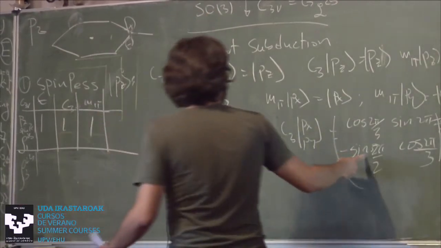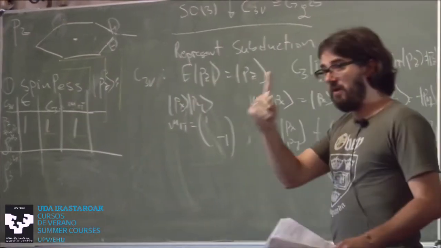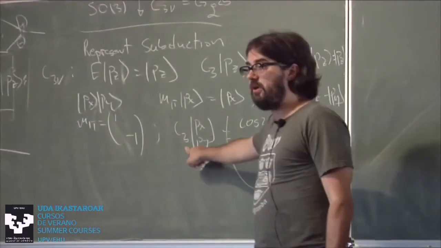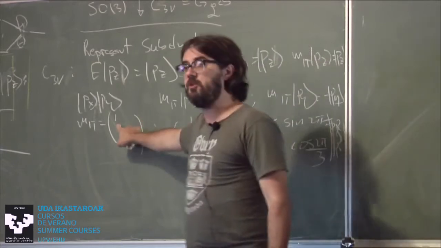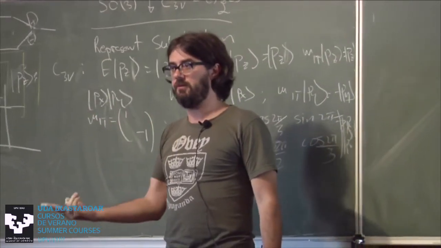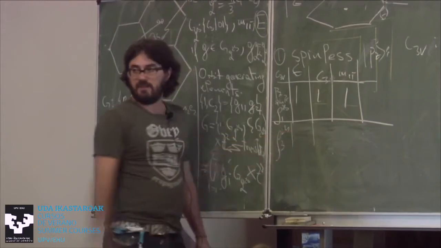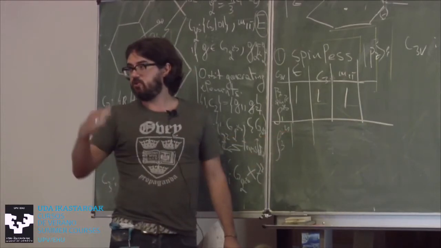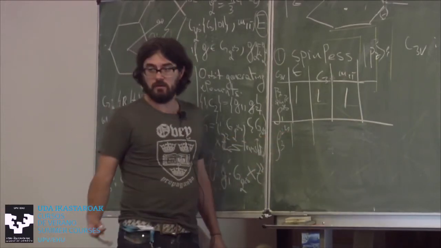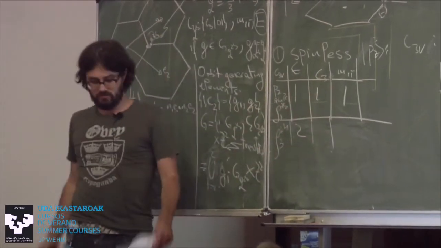Okay. What's the character of this guy? So now fundamental thing number 1. You can see that C3 is represented by a matrix which doesn't commute with this one. So now the representation is a two-dimensional irreducible representation of Px, Py orbitals. So I have to be represented by matrices. What's the character of the identity? What's the trace of the matrix of the identity? 2. What's the trace of C3?